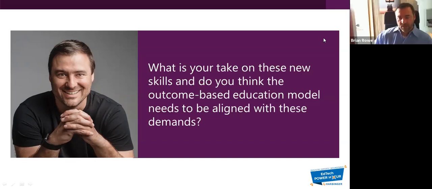Yeah, it's interesting. I don't think that in any way the education model needs to necessarily change to support learning those skills, right? So if we choose to help learners learn those skills, we should incorporate them into whatever education model we're using at that institution. So I'd say I don't think those things are at odds at all. I do certainly think that there's a high demand for those skills.